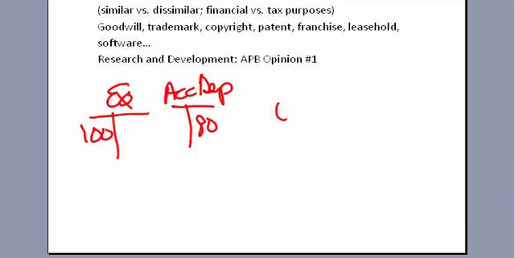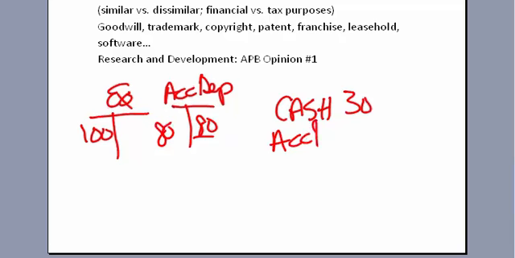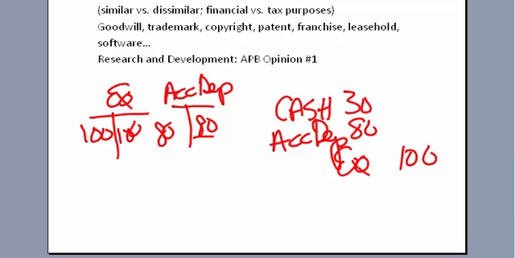And somebody turns around and says, well, I'll give you cash of 30. So that means that the fair market value is 30. It just means that we depreciated a little faster than what we should have. So when we take this off the books, we'll need a debit to accumulated depreciation of 80. We'll need a credit to the equipment for 100. And now we know that debits and credits have to equal, so therefore we have a gain on the sale